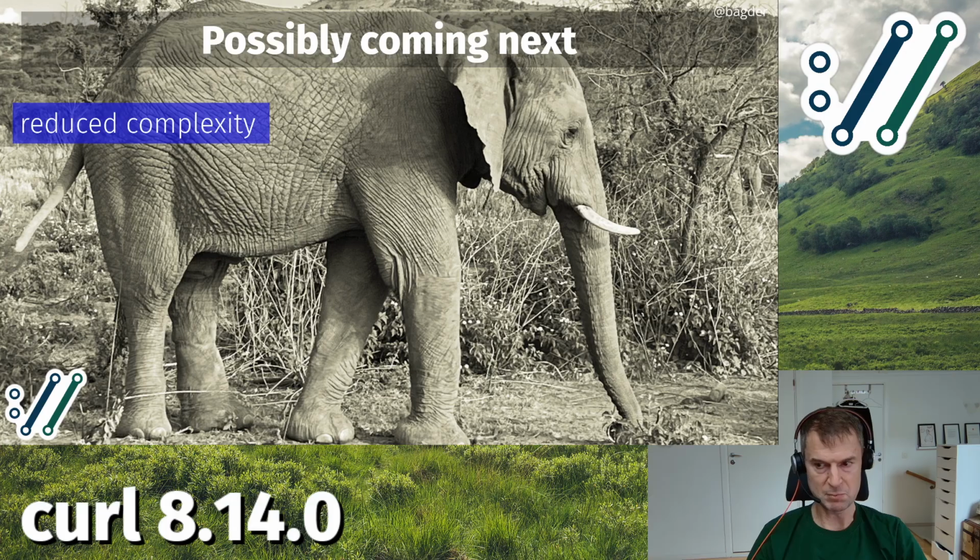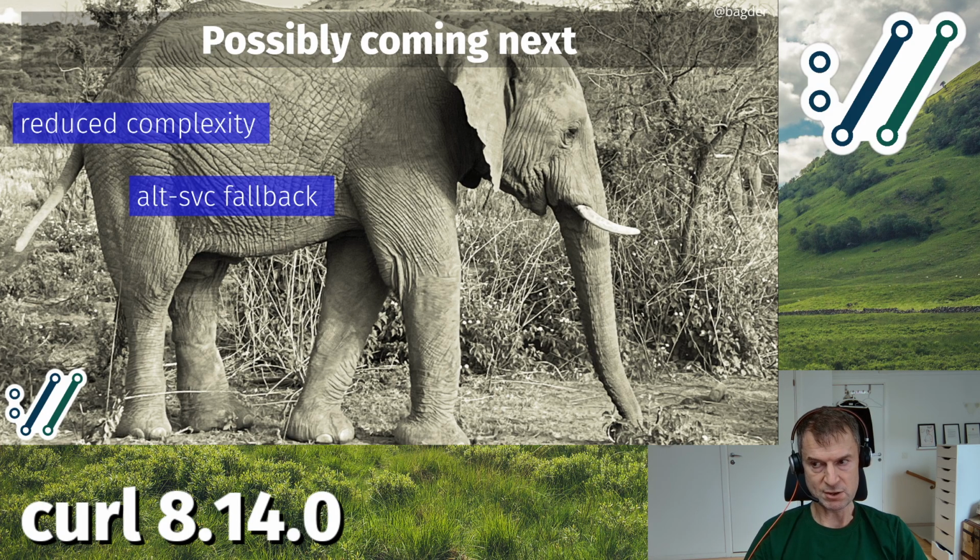So ideally, hopefully, make it harder to make mistakes. We will still make mistakes, but ideally we will increase readability and understandability of the curl source code.